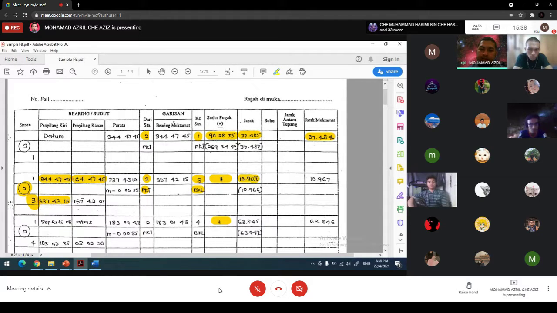Then you record here the horizontal distance. And you record here the horizontal distance, face left. Okay, so that is enough using the face left, from 2 to 1, 2 to 3. Okay, so once you finish,